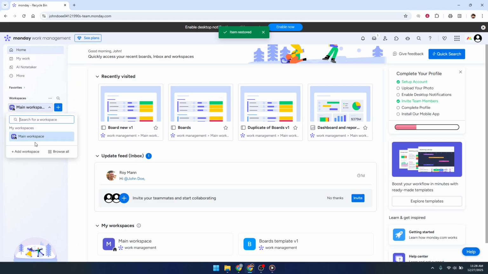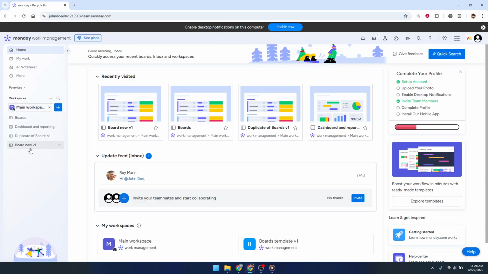In most cases, it will return to the same workspace or section where it originally lived, with its structure and items intact. To confirm everything worked, exit the trash view, return to your main workspace area, and look for the board by name. You should now see it available again, ready for you to continue working without having to rebuild it from